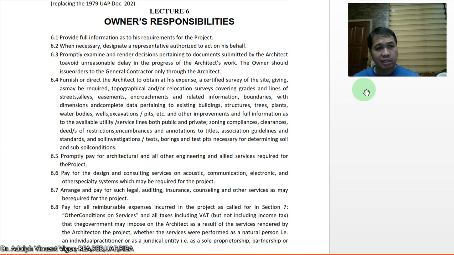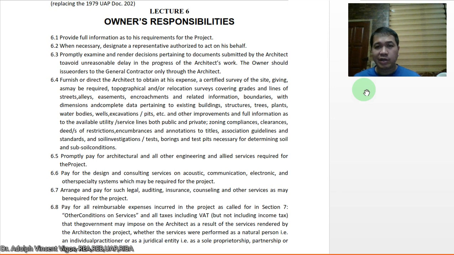Okay. Then 6.4, furnish or direct the architect to obtain at his expense a certified survey of the site. So it's important also that you should ascertain the boundaries of the site before you're going to build the building, because it becomes more complicated if the building is already built and then it's built on the wrong lot or location. Then, giving, as may be required, topographical and or relocation surveys covering grades and lines of street alleys, easements,